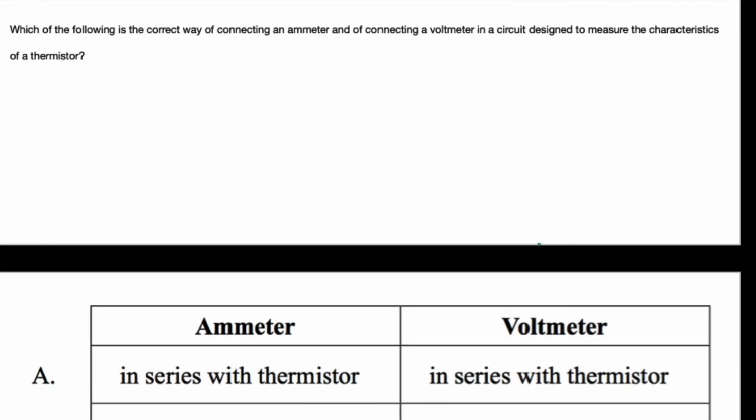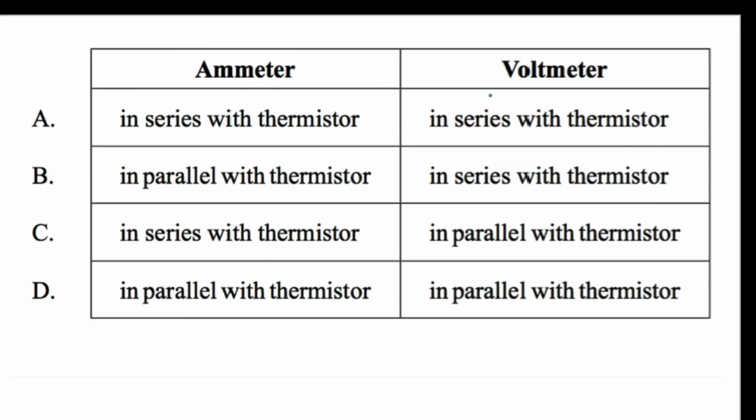Which of the following is the correct way of connecting an ammeter and a voltmeter? The ammeter must be connected in series with something, right? So B and D are definitely wrong. The voltmeter must be connected in parallel, so no doubt the answer is